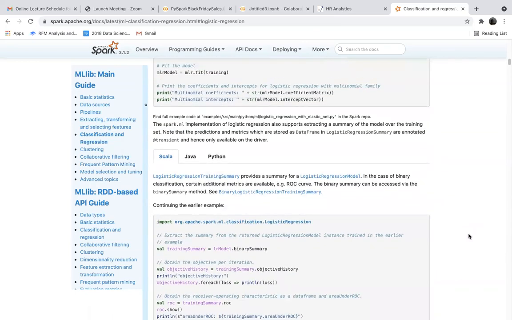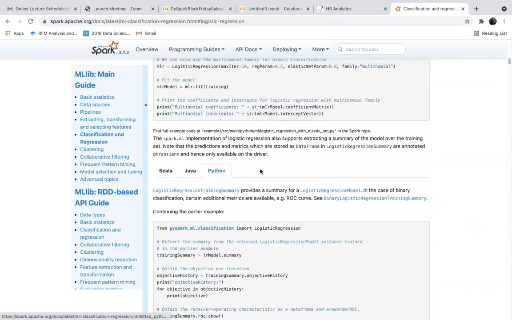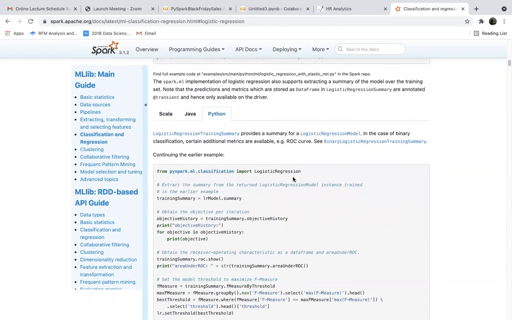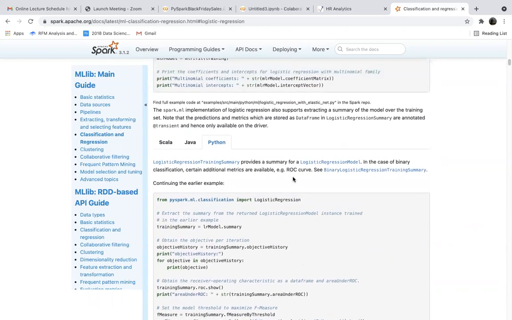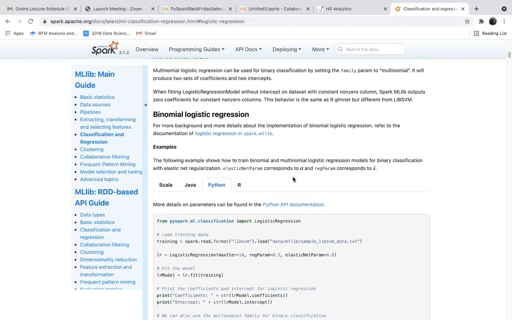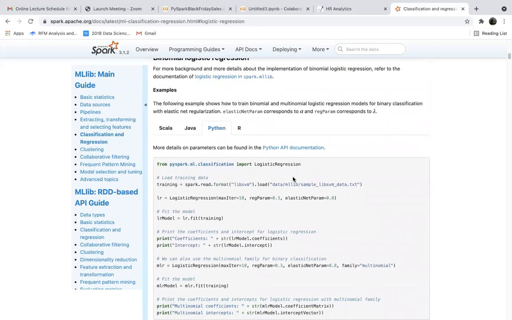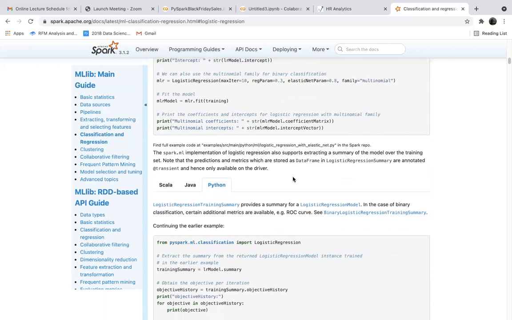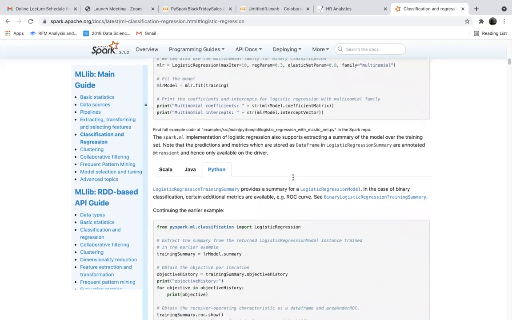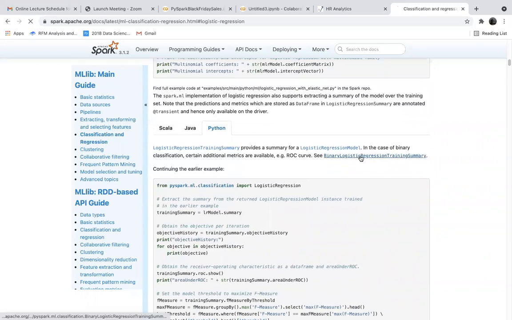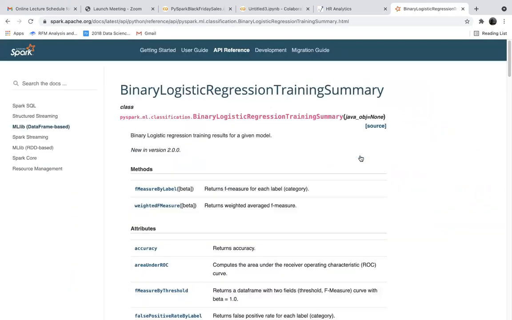I'm getting an error in logreg.fit(output). What error are you getting? Some Java error.